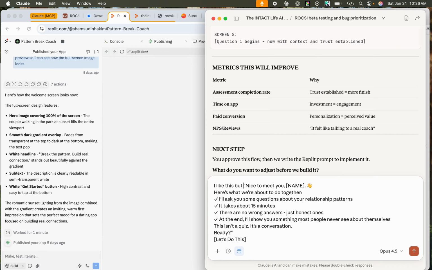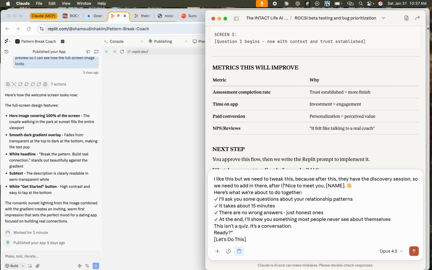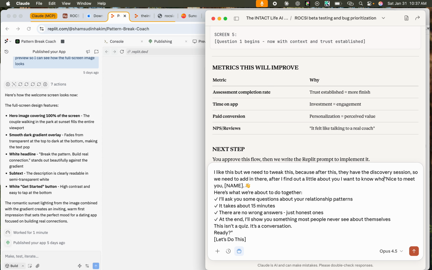I like this, but we need to tweak this because after this, they have the discovery session. So we need to add in there, after I find out a little about you, I want to know who you are looking for. Also,